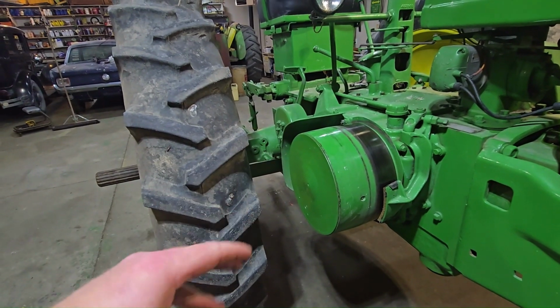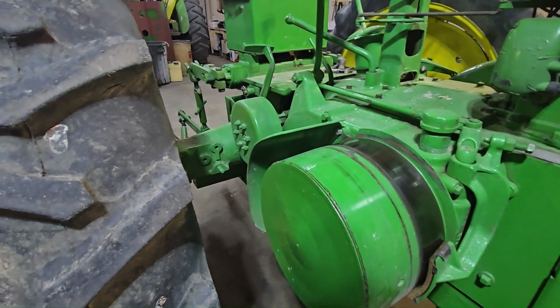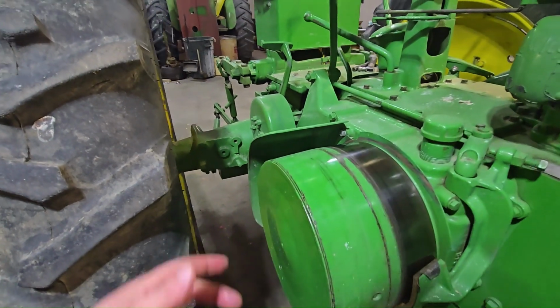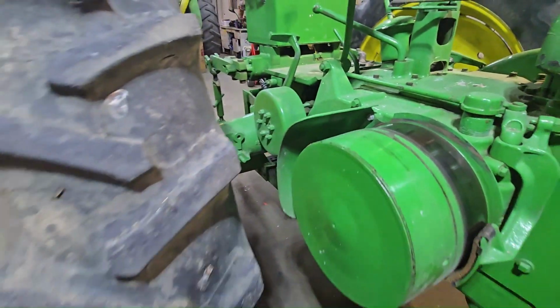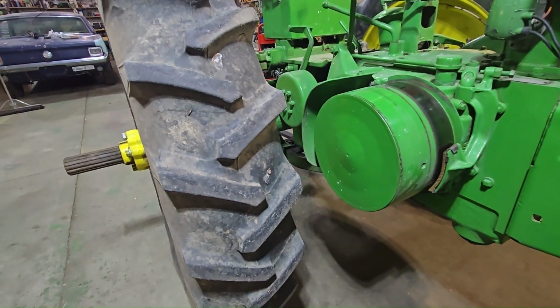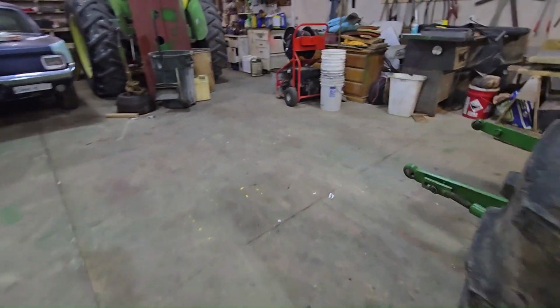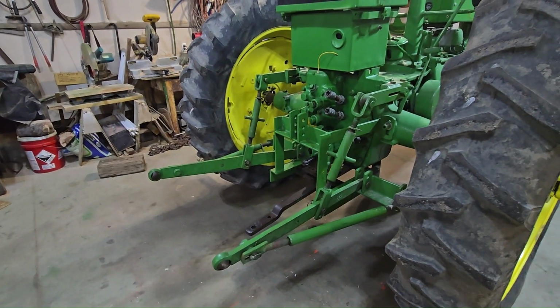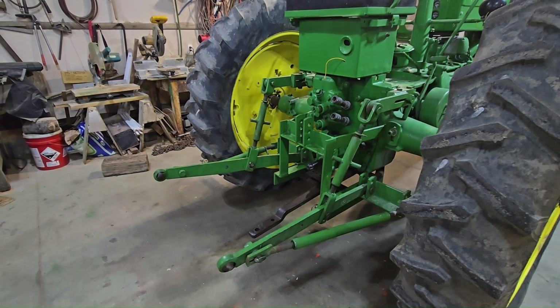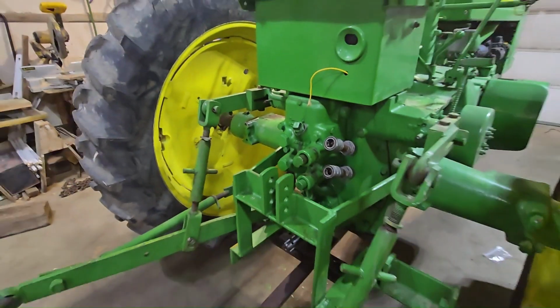I probably should start with this because the tractor is pretty much useless with a clutch that's this loose. If I try to pull anything or drive anywhere, the clutch is just going to slip. It's not even going to be able to move the tractor under any load. But I think I'm going to start with the 3-point hitch. Pull this off, put it back up into storage, and let's see if we can figure out this Power-Trol valve